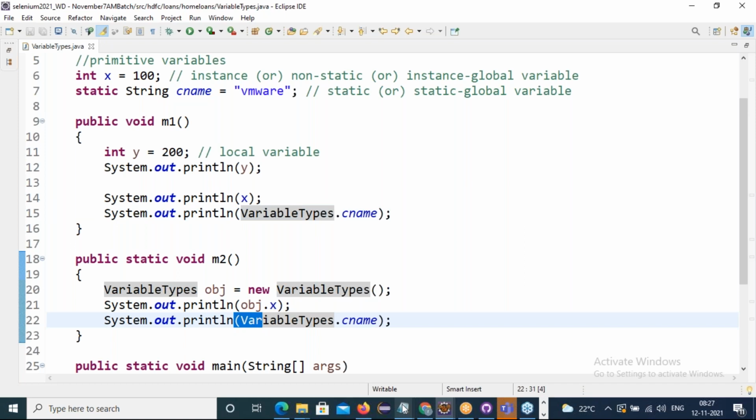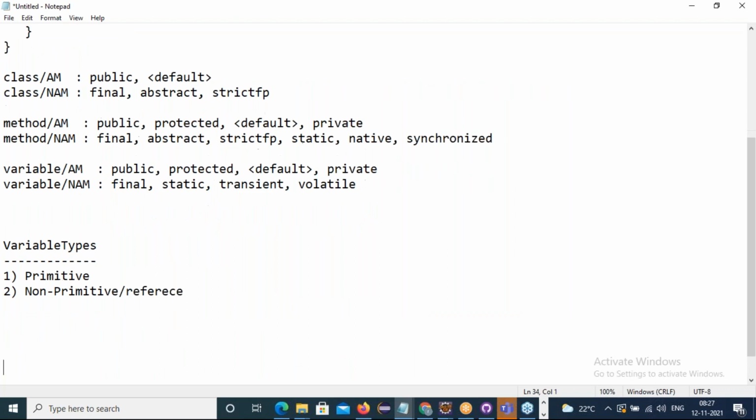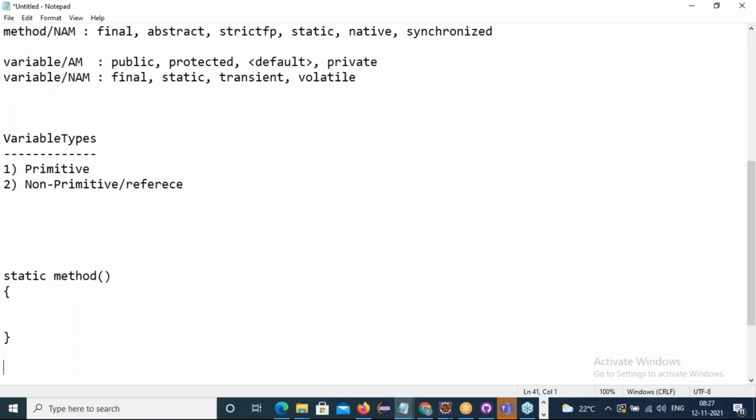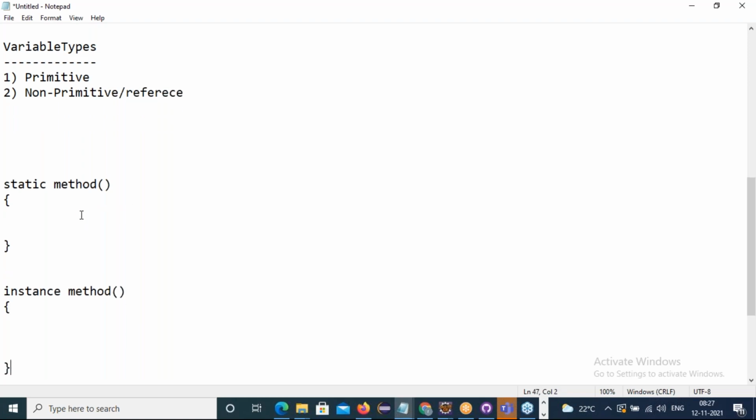Okay. For your understanding, I will give one small brief note here, friends. Static method. Instance method. Now, inside a static method, how do we call the instance family?